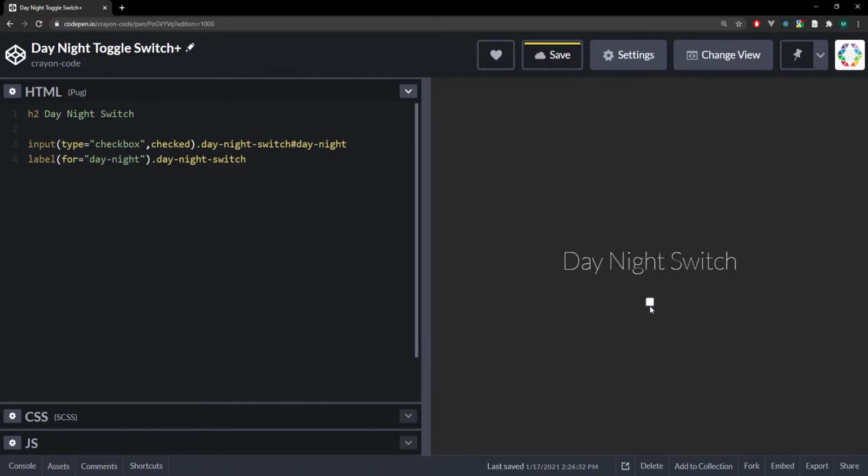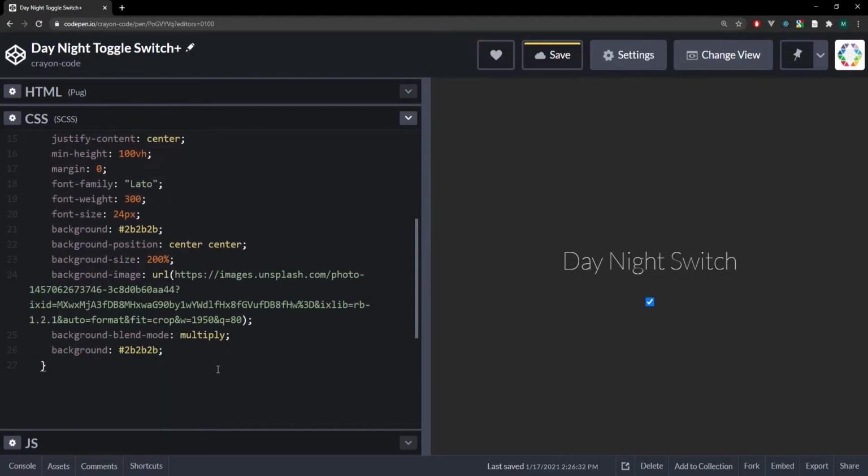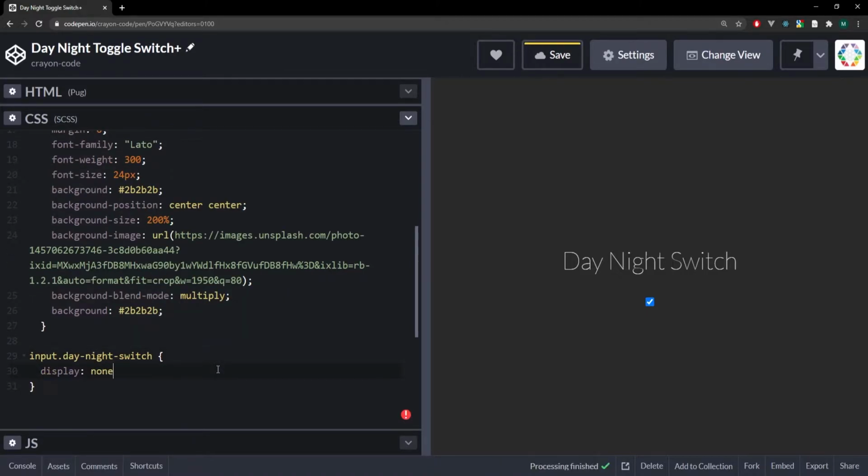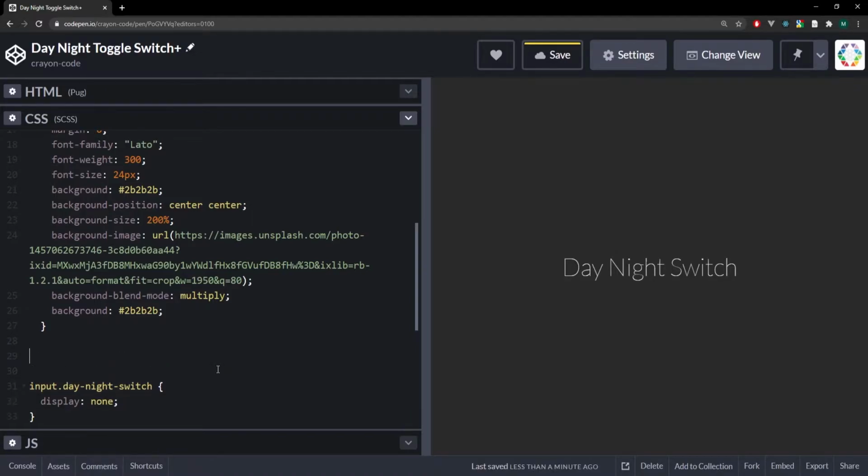You can see we already have a nice little checkbox here, but we actually do not want that checkbox because we want to work with the label here, because the checkbox is not very well customizable. So what we actually do first is that we hide it simply with display none. So we can take care of the actual styling, which is going to take place in the label tag itself,